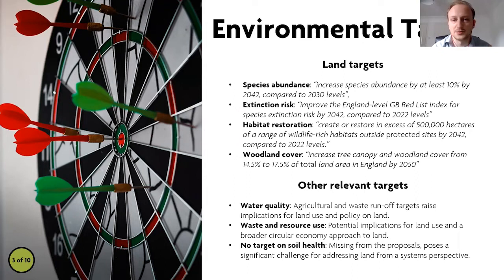There are also a few other targets which may have co-benefits or potentially pose risks for land systems. The water quality targets are probably the most pertinent ones, because there are two significant targets on water quality, and they pertain to reducing pollutant rates from agriculture and reducing pollution rates from waste. To the extent that those are significant drivers of pollution in water, they also bear consequences for land, particularly the agricultural target, which may have some significant consequences, hopefully co-benefits, for the way we treat land on agriculture in the